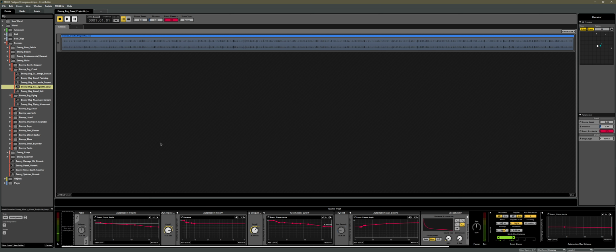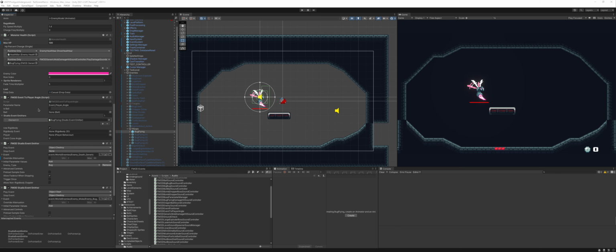This was a sound for an enemy acid projectile. Heading over to Unity, you can see the FMOD event to player angle script attached to the flying bug enemy. You have a few options in here. I will not explain every single one of them, but one